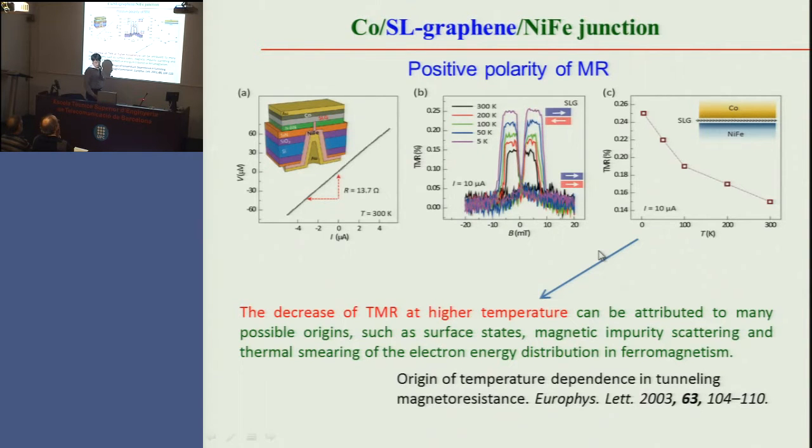And this TMR, actually, as temperature is lowered, the TMR becomes a little bit increased like this. This is expected because at lower temperature the phonon vibration decreases, so you expect a higher TMR. That is not special. However, the most important thing is the positive polarity of TMR here. Right? If you put a single layer of graphene between two ferromagnetic materials.